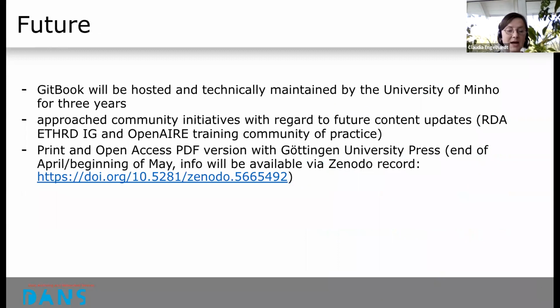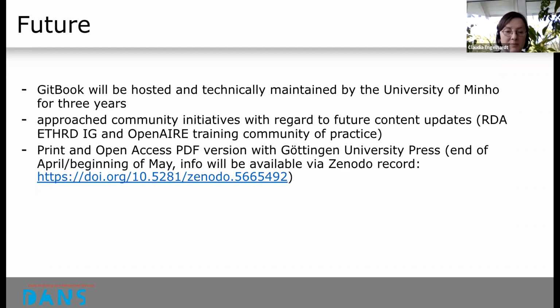So we do have the PDF on Zenodo. There's also the Gitbook version, which is hosted or will be hosted and technically maintained by the University of Minho for at least 3 years. But this does not include actually updates or maintenance of the content. So with regard to that,